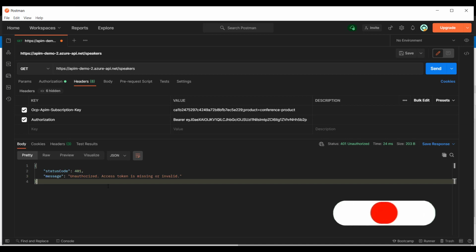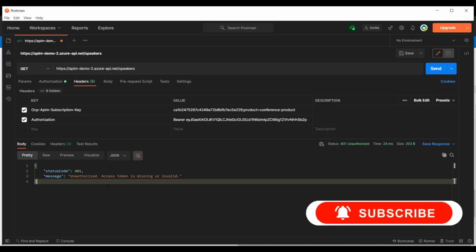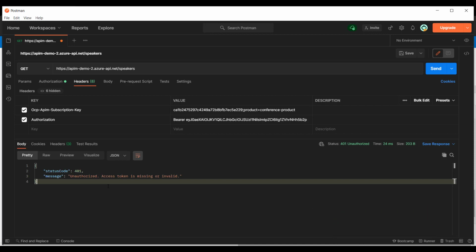This is how you can configure B2C authorization for your API in API management. And the good thing about this configuration is we haven't written a single line of code in our backend API, so everything has been taken care of at the API management level.